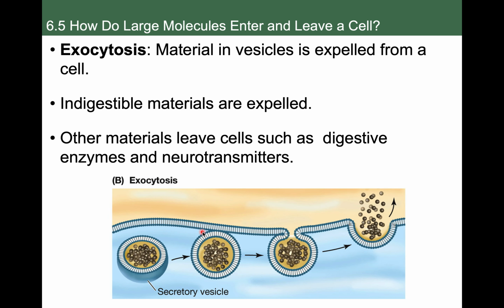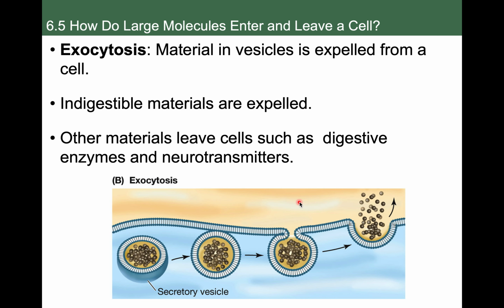And then lastly, the opposite of endocytosis is exocytosis. And is literally just a reversal of that procedure. So you would start out with materials inside a vesicle in the cytoplasm of the cell. This might have originated from the Golgi apparatus, for example. That vesicle can then fuse with the plasma membrane, and once that fusion happens, now the inside of the vesicle is exposed to the outside of the cell,